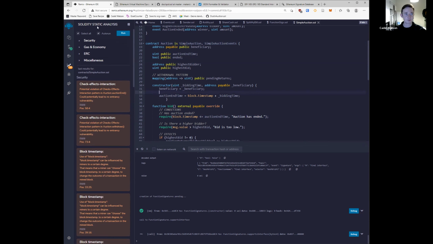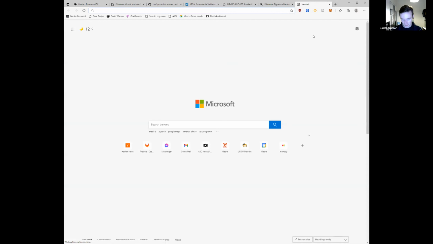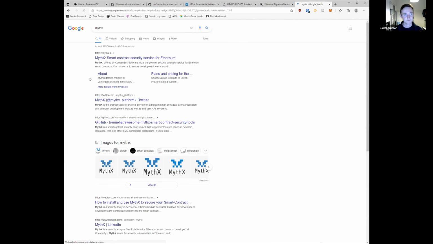Beyond the Remix static analysis tool, the Ethereum community is working on a bunch of other different static analysis tools. Because smart contract code is so bug prone and it's so dangerous when it does have bugs because it often costs a lot of money, static analysis is a really important tool for testing contracts. So there are platforms like MythX,